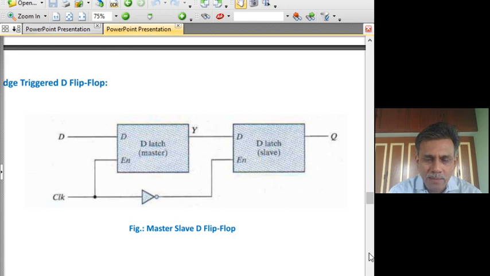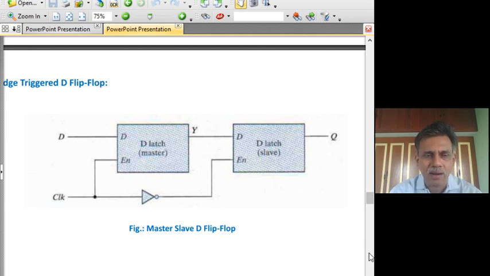To make this happen, we use two D latches in a concatenated manner, and one we will call the master and another we will call the slave, because it is the master, the first D latch, which will change in response to the external D input, and the slave will simply follow the master. But it will so happen that during the clock pulse,